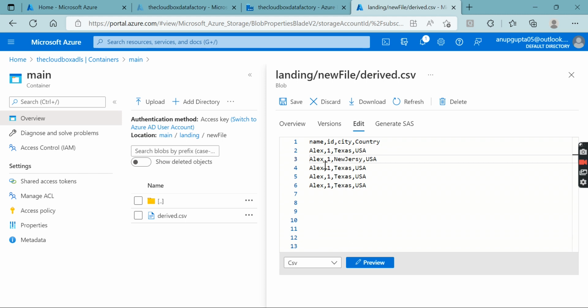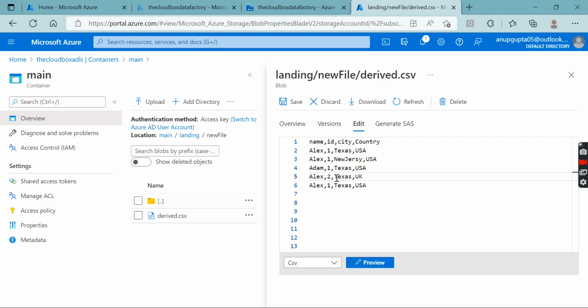Country is fine. For this one, suppose name is Adam. Suppose the name got changed and everything remains the same. Country UK, and one record we will keep as it is, because in this file you cannot decide a record based on